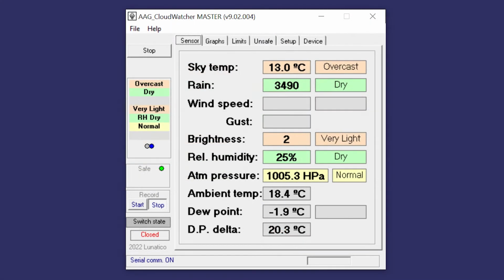Finally, the last field, dP delta, is simply the rounded difference between the ambient temperature and the dew point. This is sometimes known as the spread and gives an indication of the likelihood of dew forming.